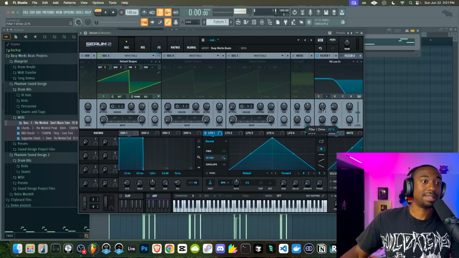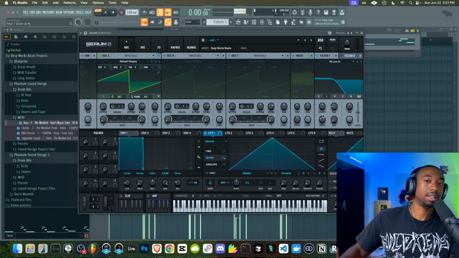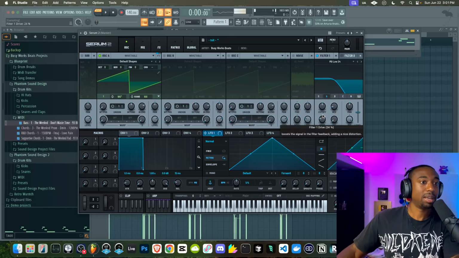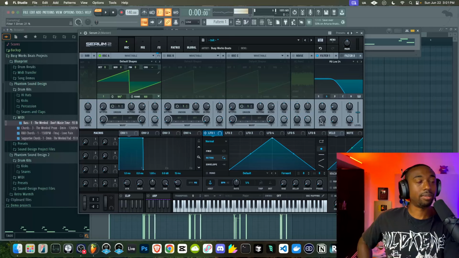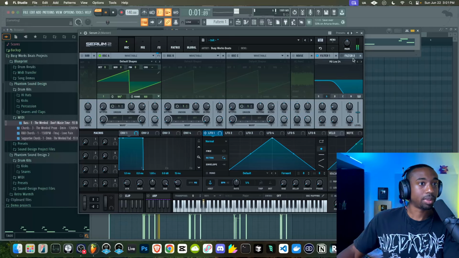This drive knob adds saturation or more frequency content to the existing sound. So basically, we can get saturation without the super bitey high end because it's being filtered. So we're saturating everything below the filter and it creates a more full sound without doing much of anything. So now we have a bass. And now let's add some drive.